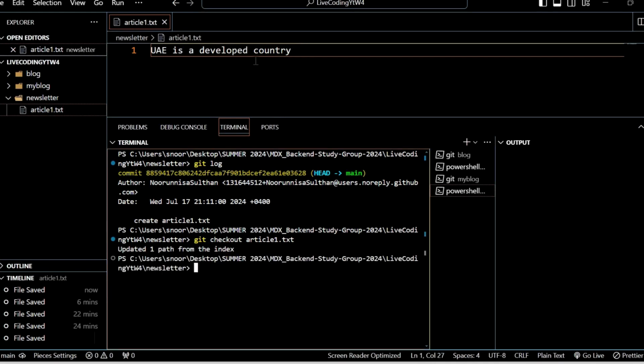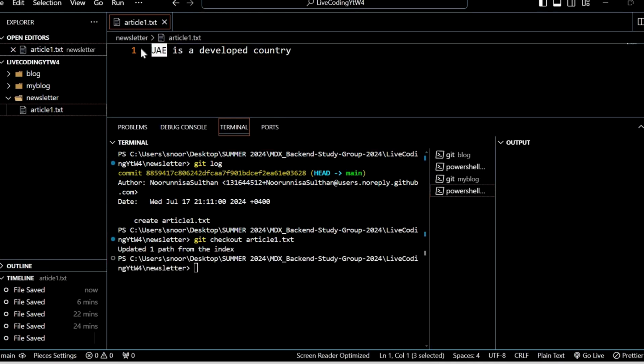So I press enter, and here you can see it's changed back to "UAE is a developed country" again. So this is how you can do version control locally. Suppose you want to send your code to a remote repository where your friends